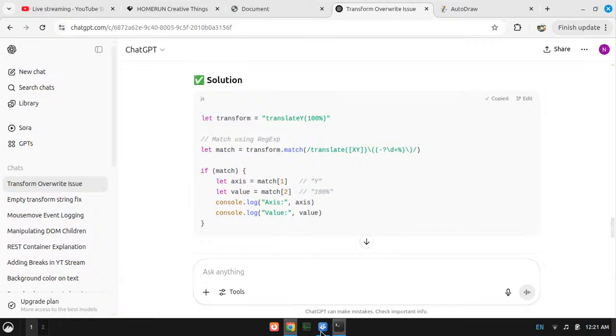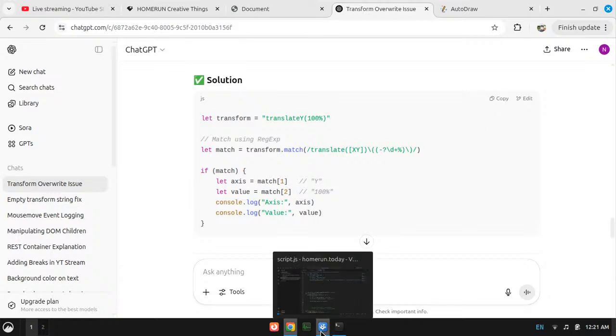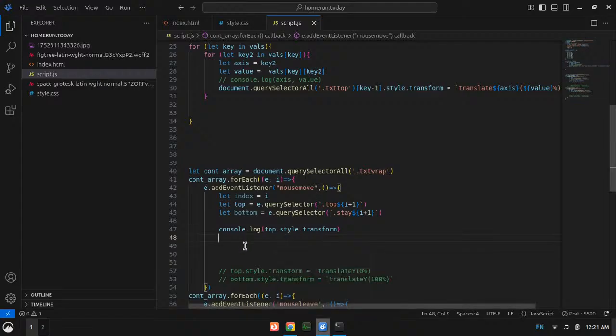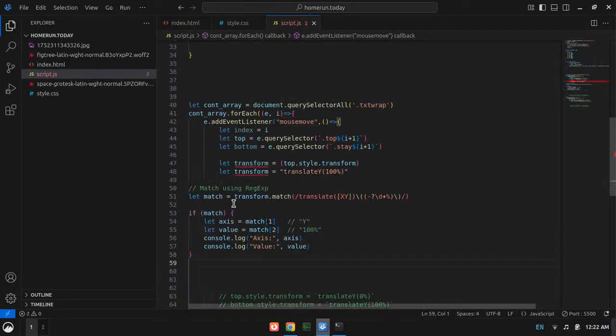Okay, let's see if it works. Okay, so let transform equal to... let's just see. Okay, that should work, I guess. And now this transform, I don't need you.